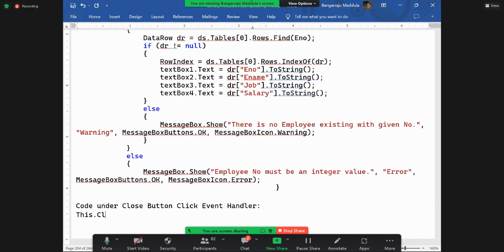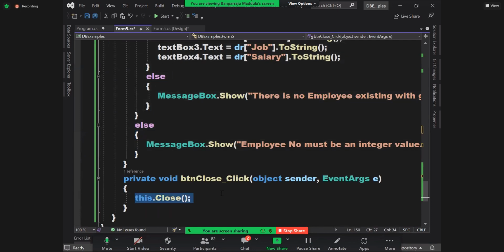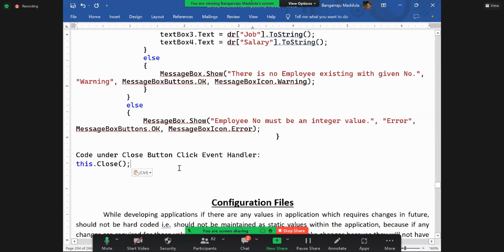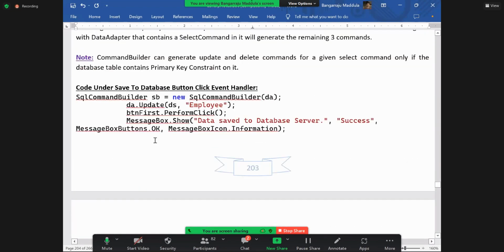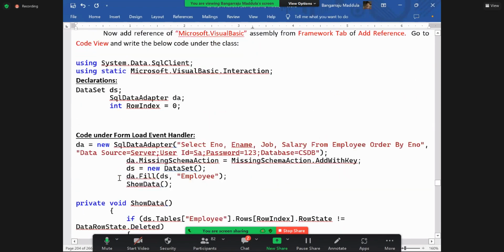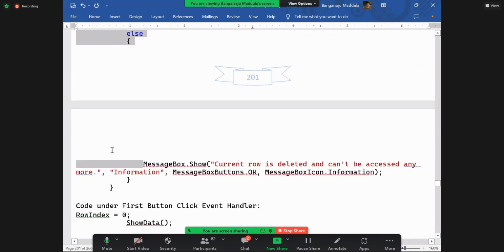Simple code here, this.Close. That's all. But here, no need for any condition checks or anything I just explained, because we are working with a disconnected architecture. Our architecture itself is a disconnected architecture. Because it's a disconnected architecture, there is no point in using